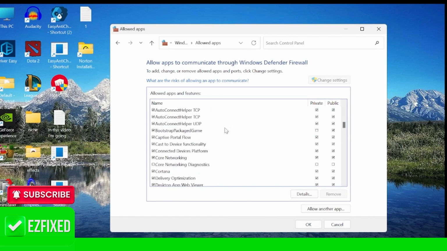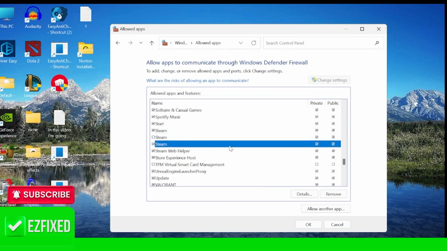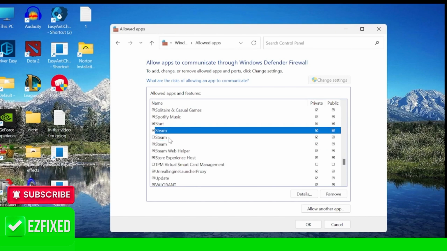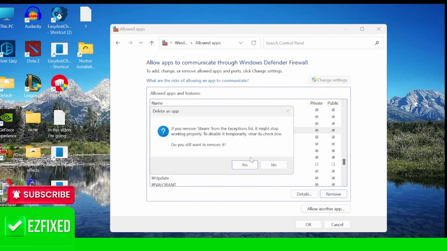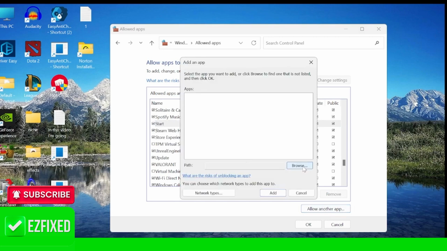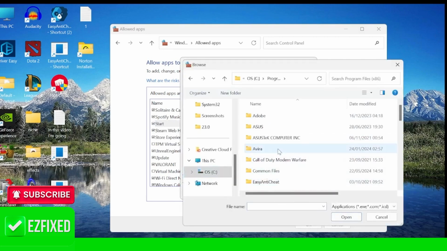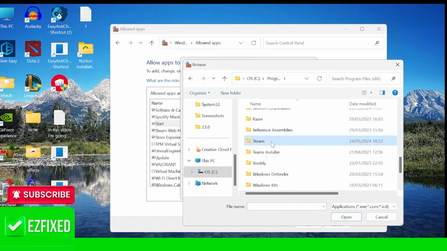And we need to make sure we have Steam in this list of exceptions here. So as you can see, I already have Steam listed here, and you need to make sure both private and public are checked. If you can't see Steam in this list, say for instance if I just remove this for a second, then what you'll need to do is select Allow Another App, head over to Browse, come over to your C drive, inside of Program Files x86, scroll all the way down to Steam,